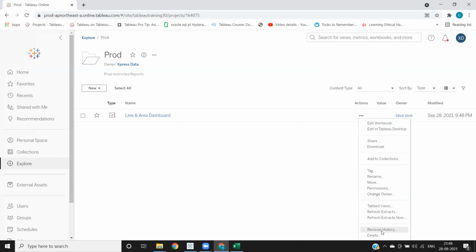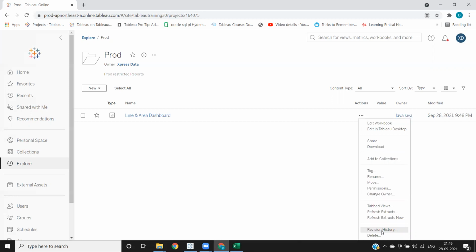Often it happens that in real time we keep publishing the same report after making multiple changes to it, like we might get multiple change requests on the same dashboard. Today we made one change and published it after successful testing and prod deployment is done.